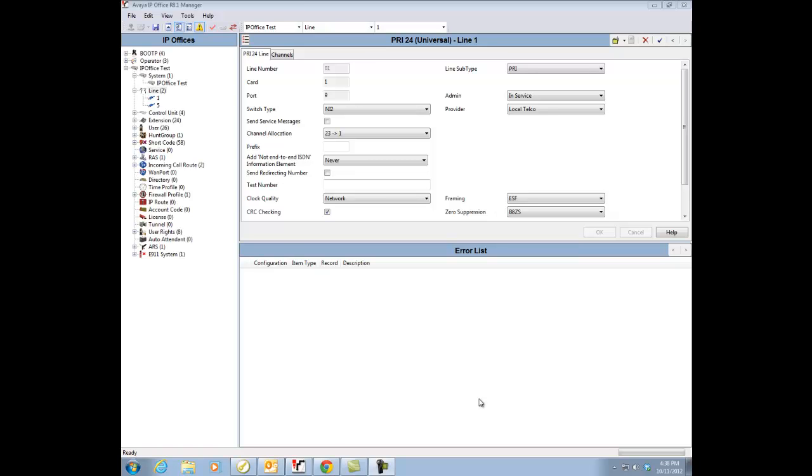Okay, today we will be learning how to set up an SCN environment. For those of you that don't know what SCN is, it stands for Small Community Network. It allows you to tie in 2 or more IP Office units to each other. When you do that, you will see all the units within one interface, and the programming will be shared throughout